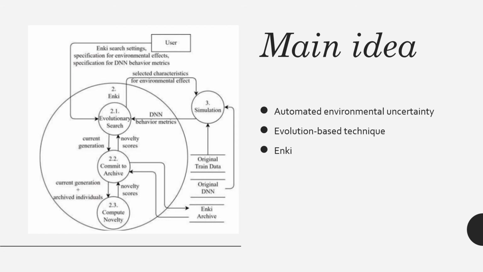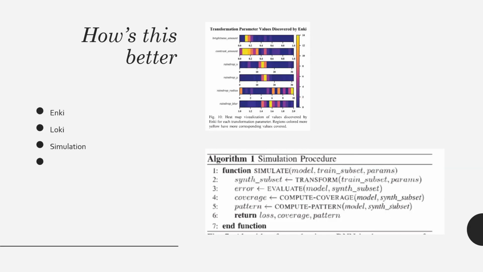It implements an evolution-based search process, and then it evolves a population of individuals that each represent an environmental effect. Evolution is then used to modify characteristics of the environmental effect in a population to encourage diversity while considering the population's behavioral metrics. This paper focuses on image classification within the DNNs in environmental conditions that are not favorable, focusing on self-driving features. INCI has stemmed off of a similar approach, Loki, which integrates novelty search into its self-adaptive